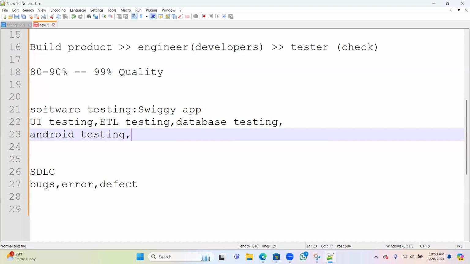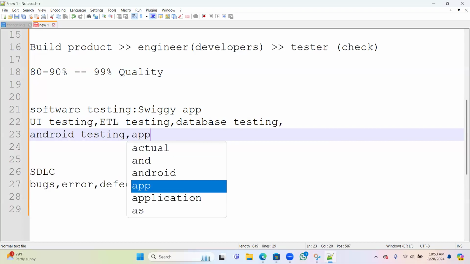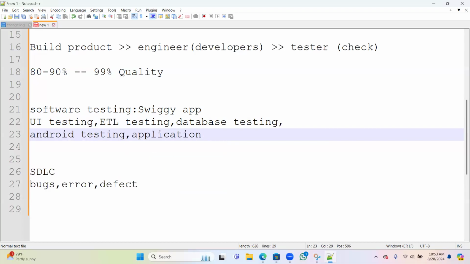Or application testing, where they will provide you a particular application and you need to check that application. In software testing, they will provide you some software.